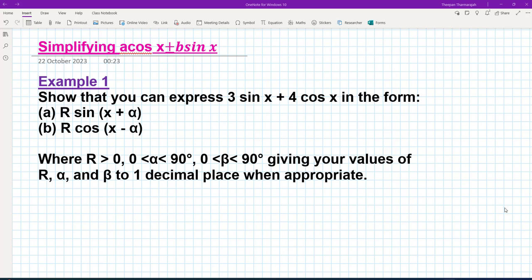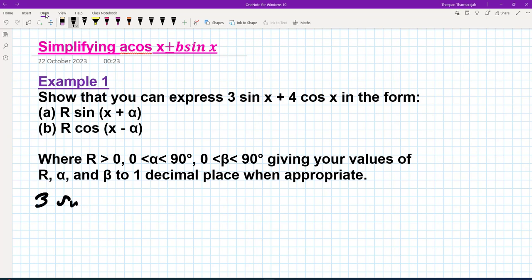In this video, we're going to look at simplifying trigonometric identities in the form of a cos x plus b sin x. Now, this example states, show that you can express 3 sin x plus 4 cos x in the form of r sin(x plus alpha). So what we're going to do is write this out as 3 sin x plus 4 cos x,